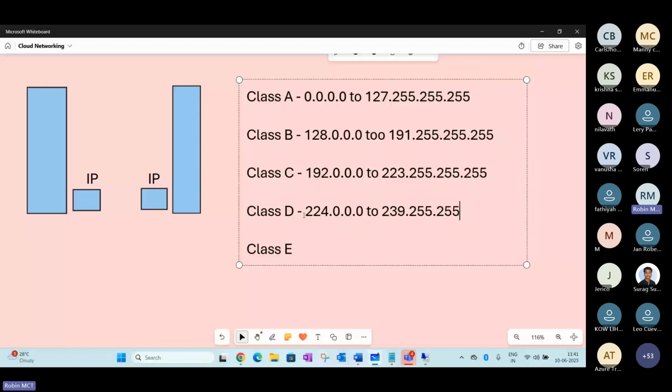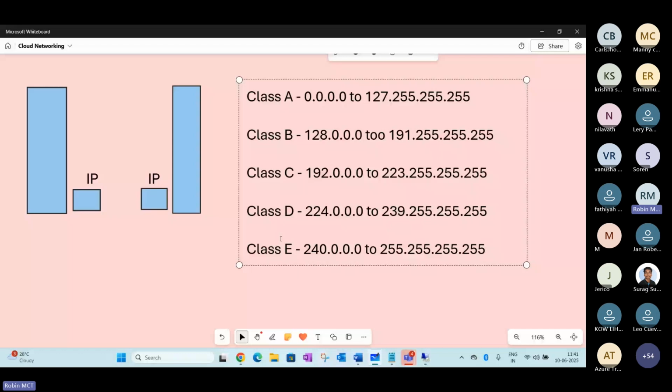Class E comes here, starting from 240.0.0.0 up to 255.255.255.255. So the point here is that at any point of time, you may be able to say any configuration which